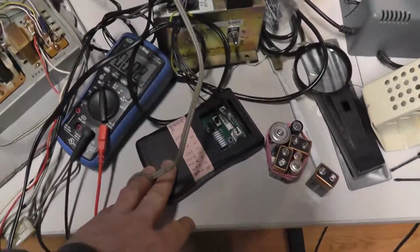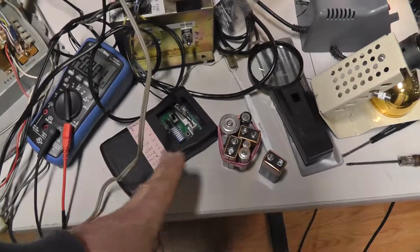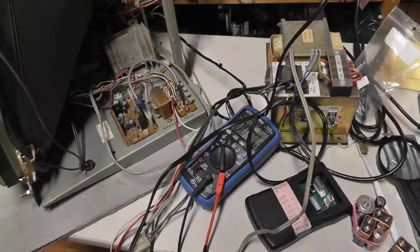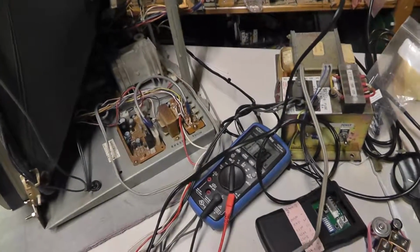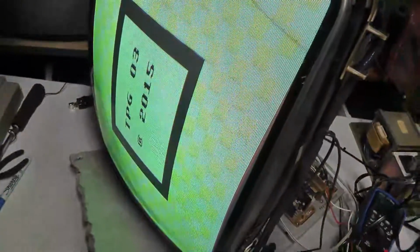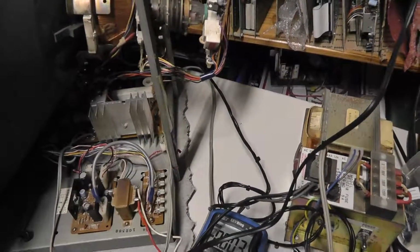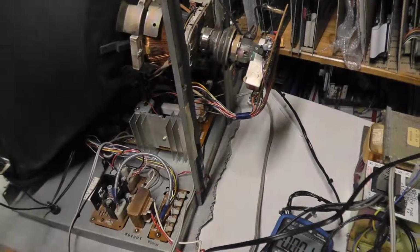Okay, because I always can't leave well enough alone, I put back the battery that was only 7 volts, and the TPG is working. So I don't know what was wrong with this chassis before. It just wasn't working. Now it's magic, I guess. I did pull out those capacitors and then put the same ones back in, so I really didn't change anything. I know on the video I didn't show it not working, but I did try to adjust the flyback and all that stuff. The only thing I can think of is maybe the sub brightness pot needed to be adjusted,